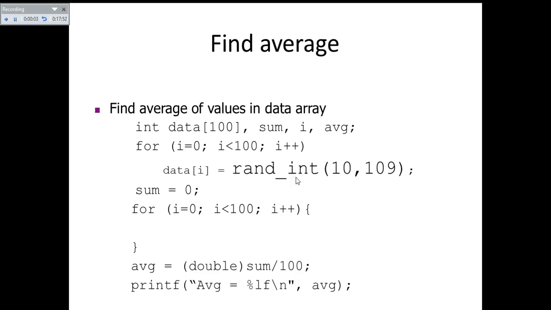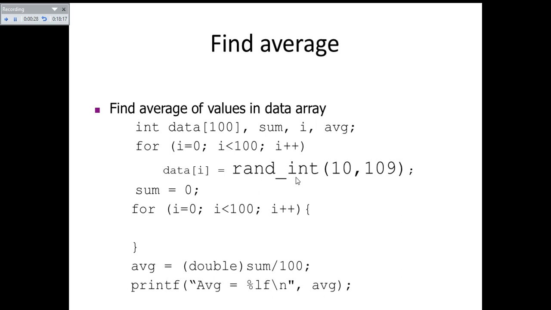Then we have another program, which is to find the average of your one-dimensional array elements. How do we find the average value through data arrays? The simple thing we have to do is find the sum of all the individual elements of your original one-dimensional array, and also do the initialization of your original one-dimensional array.